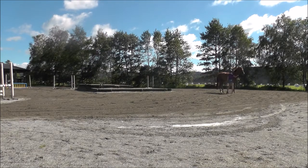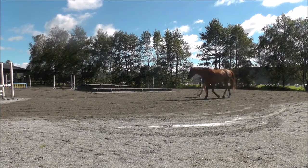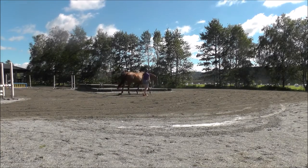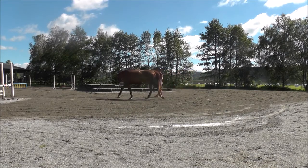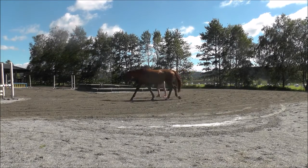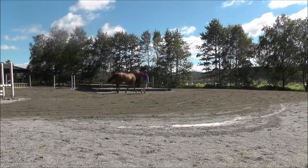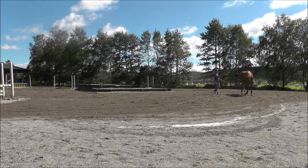So now I have changed directions and we will just do the same thing but in the other lap. So in this lap I am doing exactly the same thing, only walk today, and the entire session was about 15 minutes only, and I felt that it was enough for this particular day. So starting out, I'm quite close as I was in the other direction, and as you can see she's quite fast on her step,